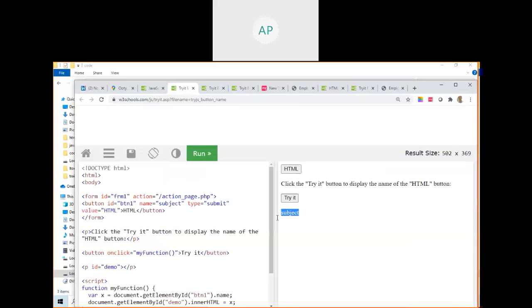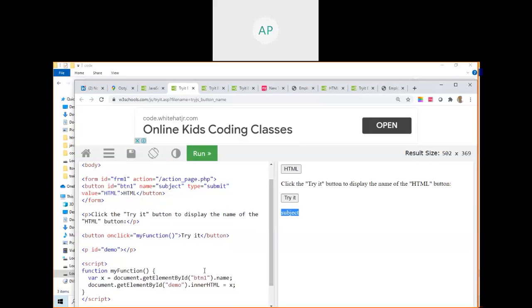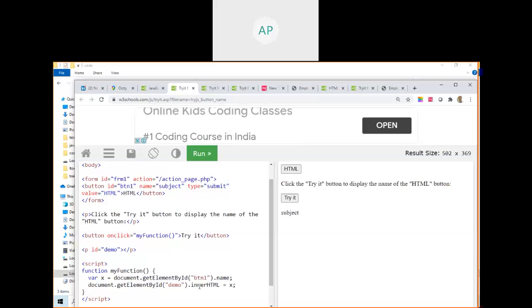See here, when I click this one, it is displaying a subject. Where is the subject here? It is the name of the button. See the code: document.bt1, this one is bt1, bt1 name equals. When you click this, they get document.getElementById demo. Where is demo? Here, demo dot innerHTML accessed by ID, they are getting the name and assigning it here.